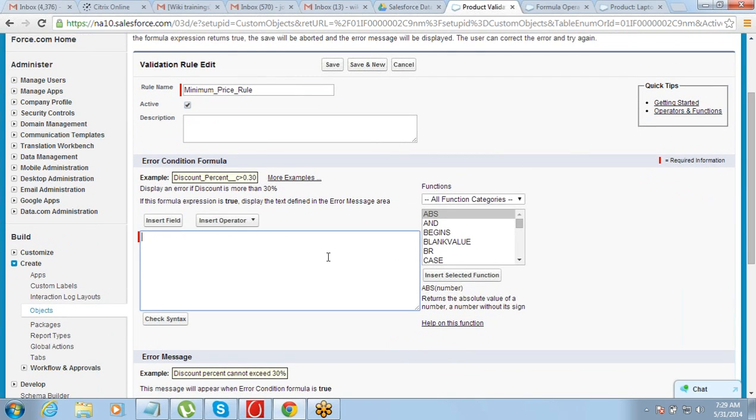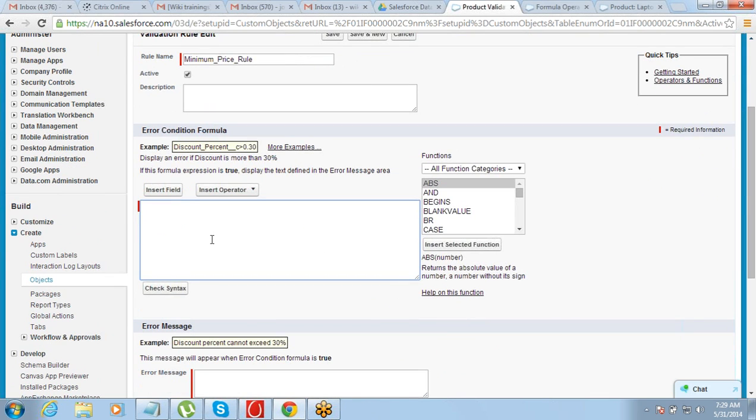And this is where we have to define our logic using a formula expression. And here I will need to define an error message, right? So what I say, price should not be less than $50, means whenever the price is less than $50, it should throw an error message, right?